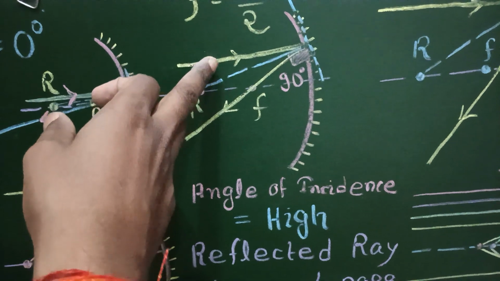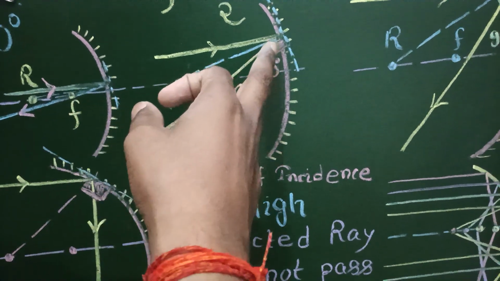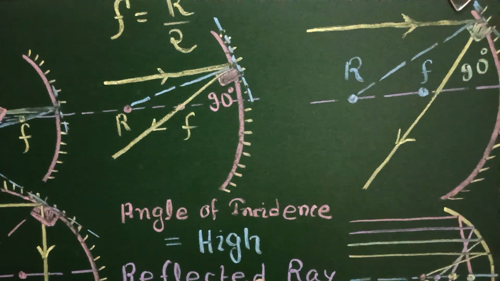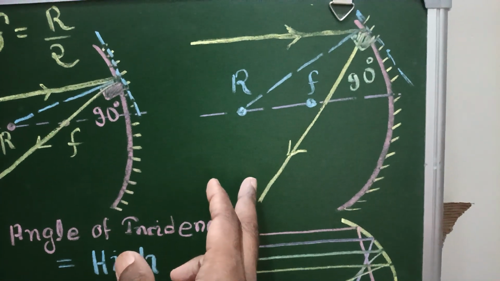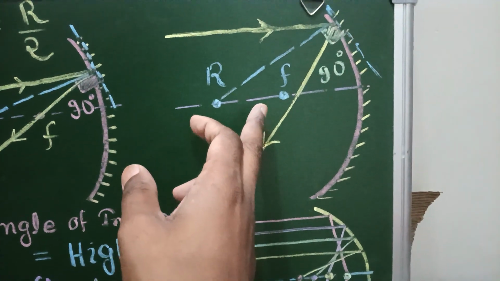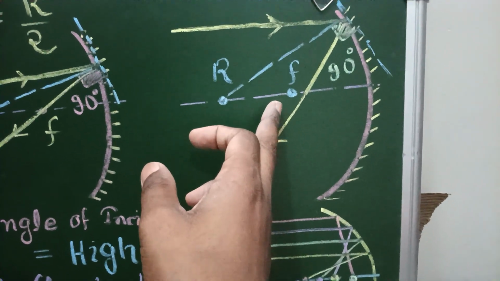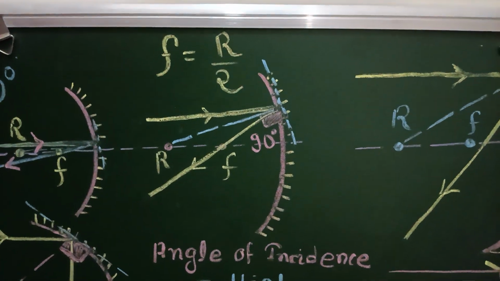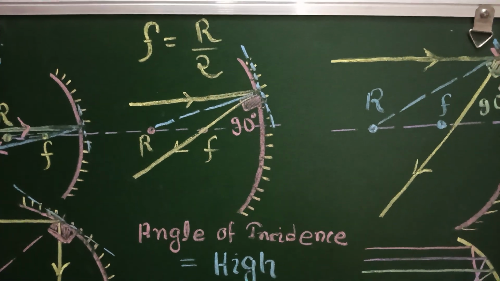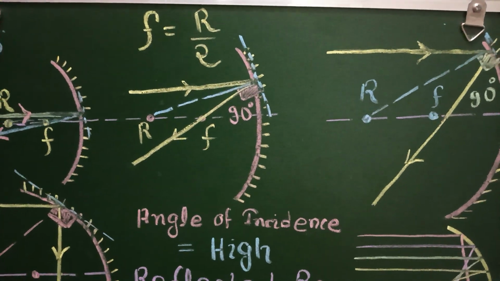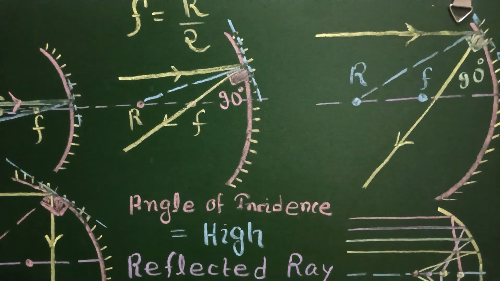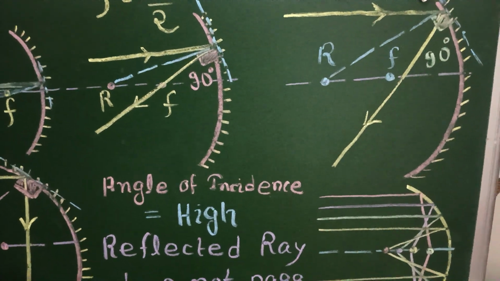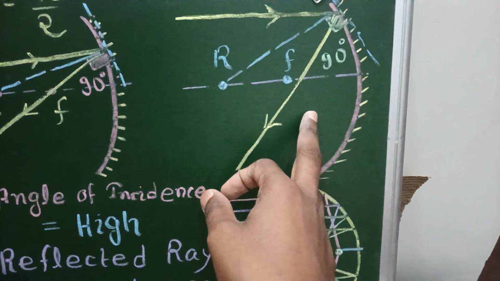So here the angle of incidence is increased a little bit and it still passes through the focus, and we can go on increasing the angle of incidence, and in this case we see that the reflected ray does not pass through the focus. So this assumption, or this relationship between the focus distance and the radius, is valid only within a certain limit. This limitation breaks when we go for a high angle of incidence, like in this scenario,